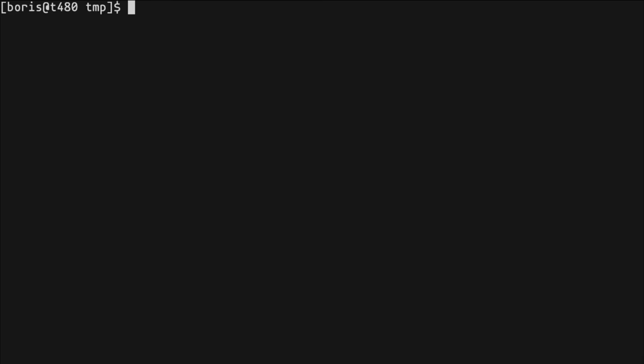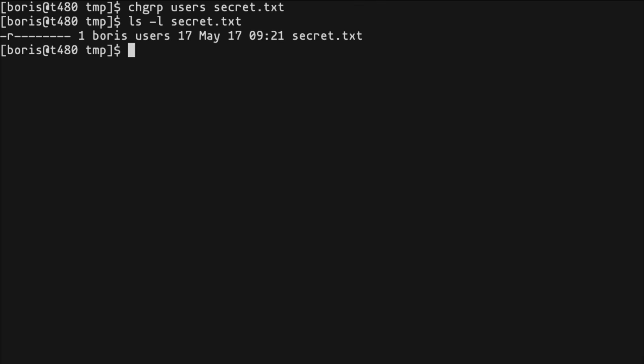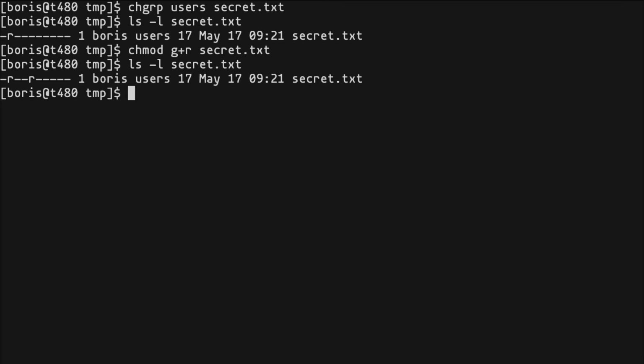So we're going to say chgrp users and then secrets, and now if we have a look at the file, we can see that the owner is Boris. However, the users group is the group associated with this file. Rad is a member of the users group. However, the users group still doesn't have read access. So we say chmod g+r secret. And if we go and have a look in there, we can see that the owner and now the group